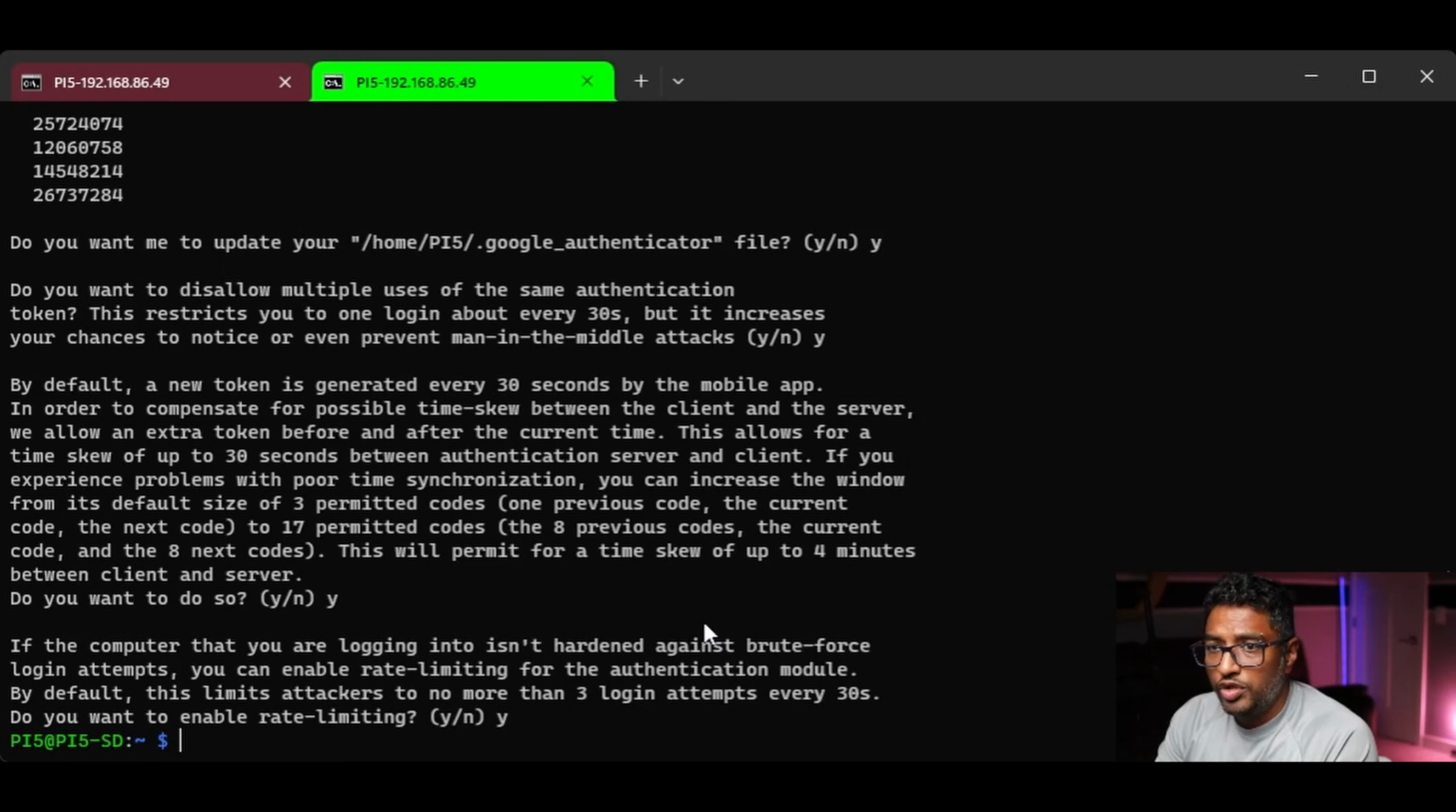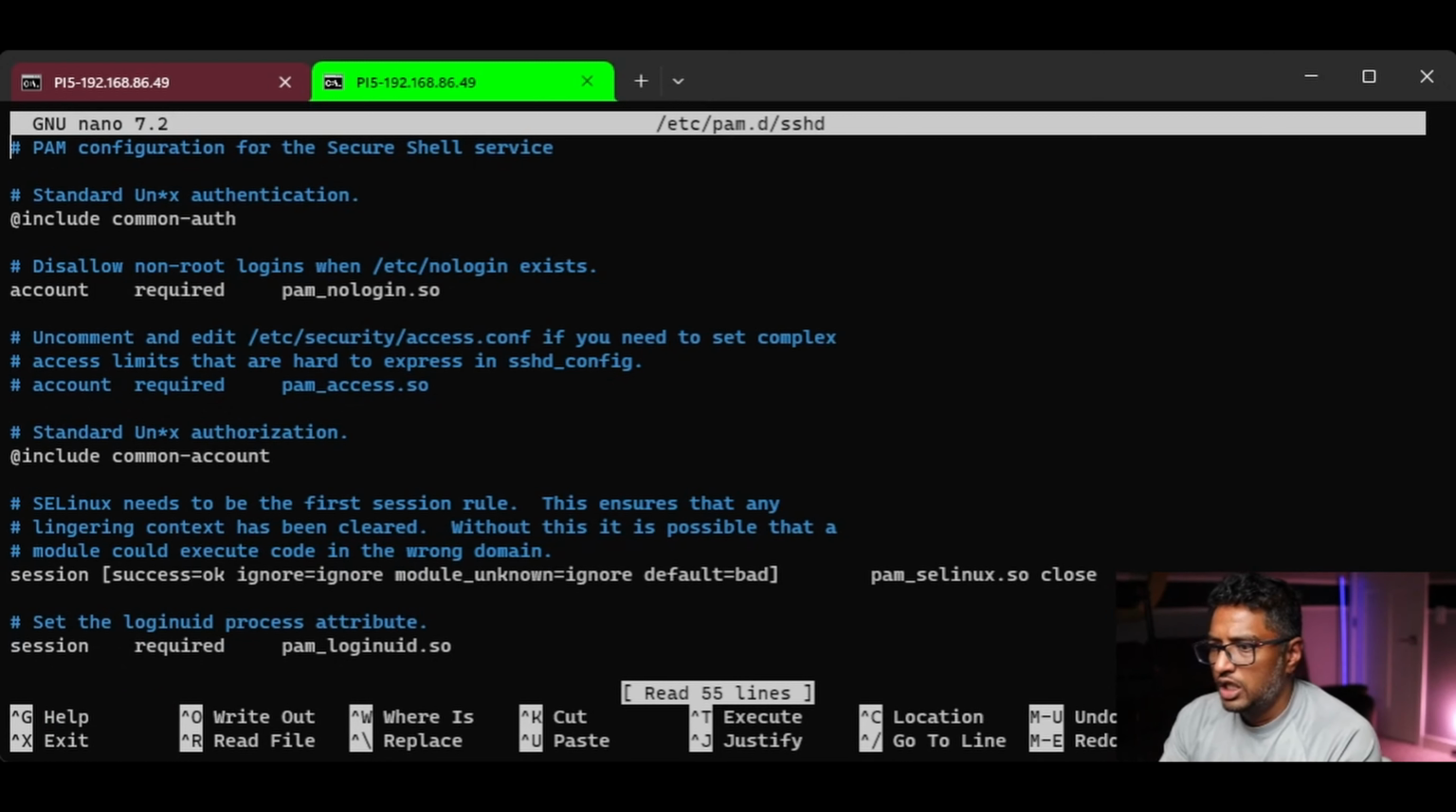We're almost done. The next step is to secure your SSH connection. So we're going to edit our PAM SSH configuration file using Nano, our preferred editor. So we're going to use sudo nano /etc/pam.d/sshd. Okay, so in here